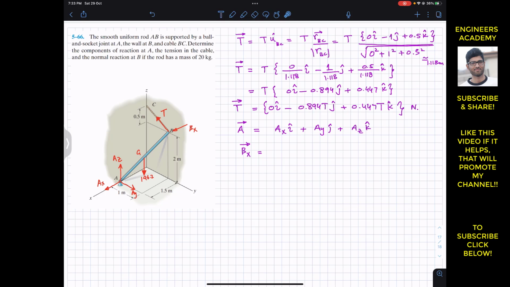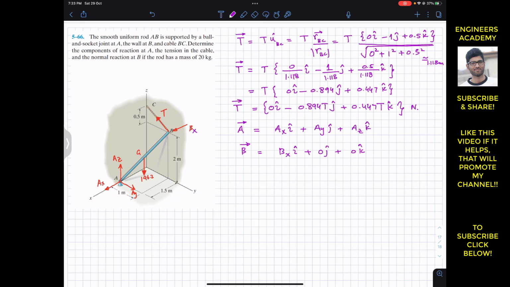Since here we have the wall, let me write this as B. So we will have B vector, and B vector has only one component, BX, since the wall can only apply the force in the perpendicular direction, that is in the positive X. So we will have plus BX i,